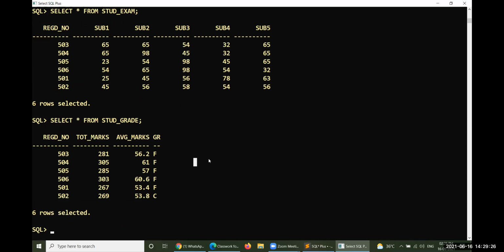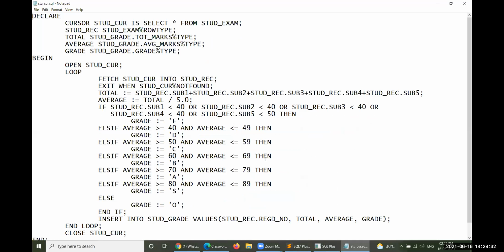So that is the problem of cursor. Okay, let me work on that cursor for a while, then you can see. In this way, you have written the cursor. So first of all, you have to create the cursor. This is the way you can create the cursor. After creating the cursor, you open it. After opening, you fetch the data from the cursor. And whether the fetch is success or not, you have to check using this one.